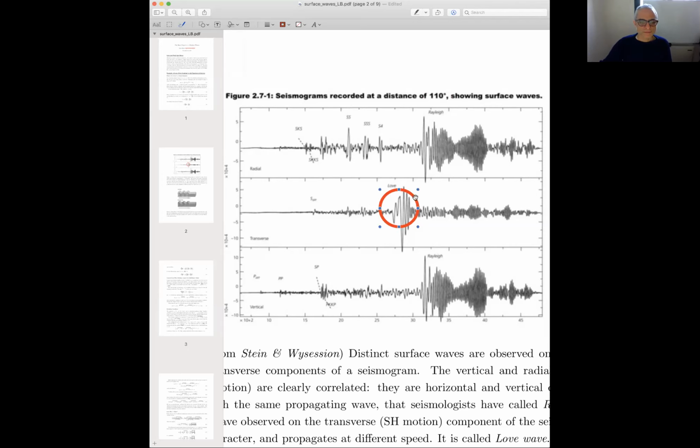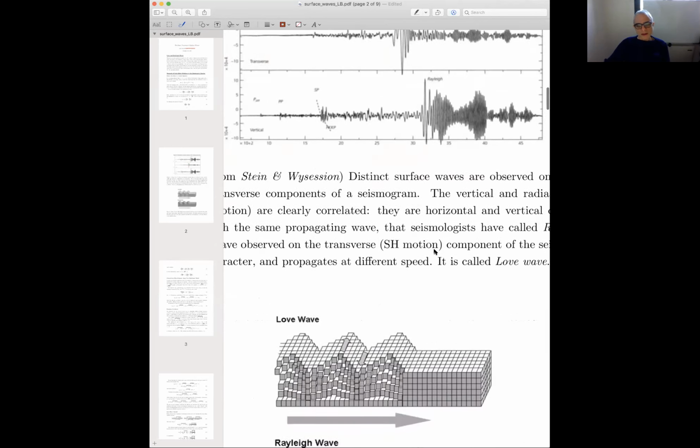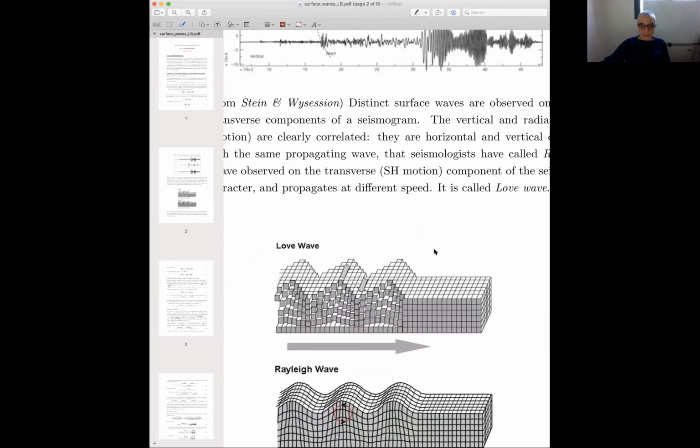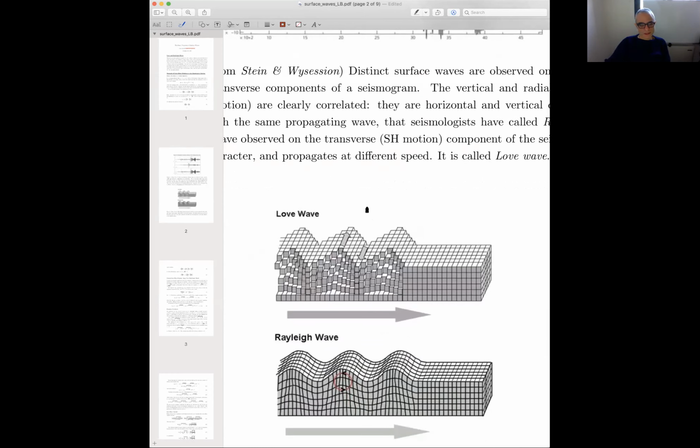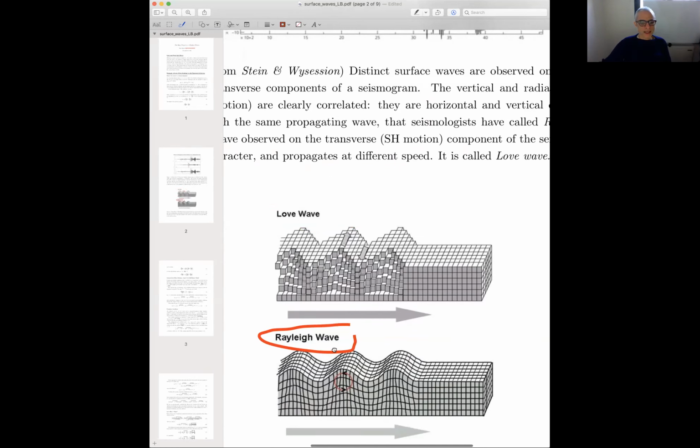And it doesn't look anything like what we see in the vertical and radial component. So what does that mean? Well, the explanation, which is not trivial, but required many years, at the beginning of the last century, of increasingly accurate observations, people finally came to the conclusion that there must be 2 types of surface waves, which were then called Rayleigh waves and Love waves. The Rayleigh waves